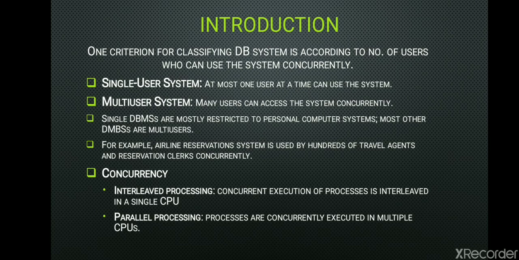Okay, so what about multiple users? Multiple users can access the database and use computer systems simultaneously because of the concept of multi-programming. What is multi-programming? Multi-programming allows the operating system of a computer to execute multiple programs or processes at the same time. So, when we are talking about a single central processing unit, we can only execute one process at a time.